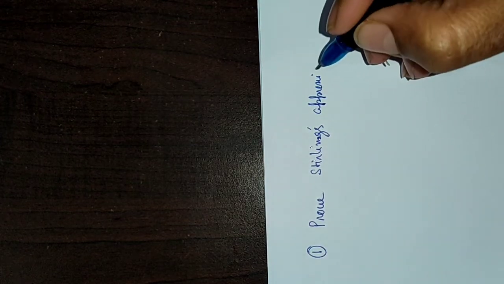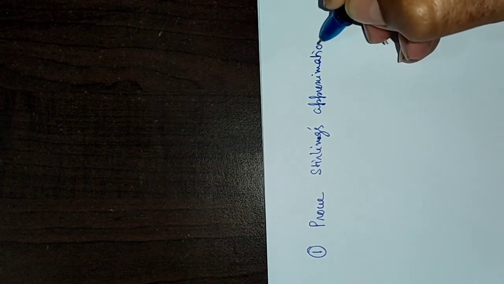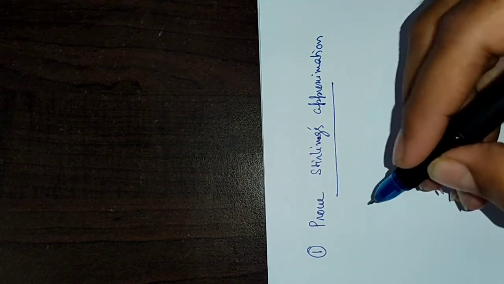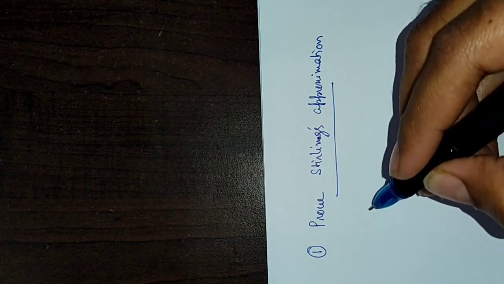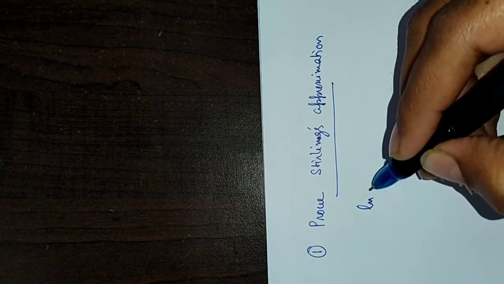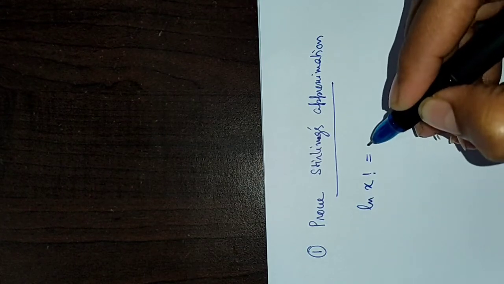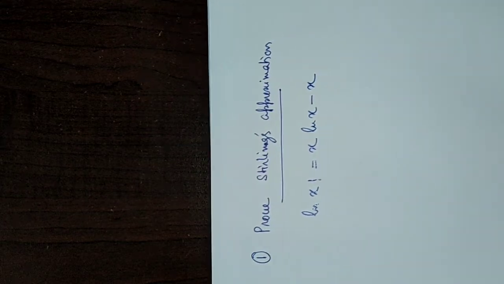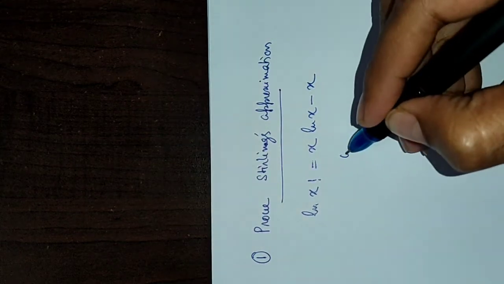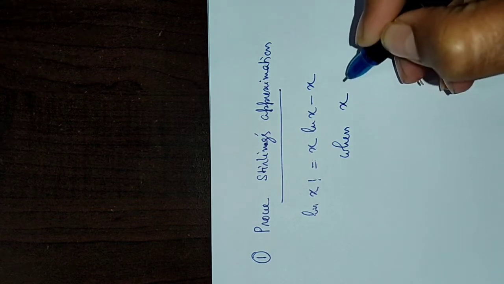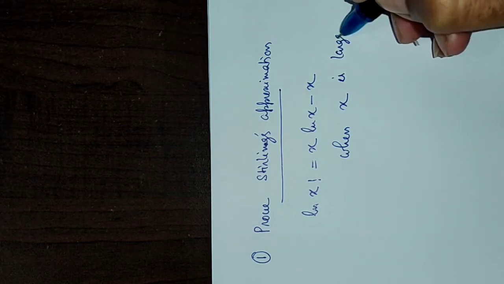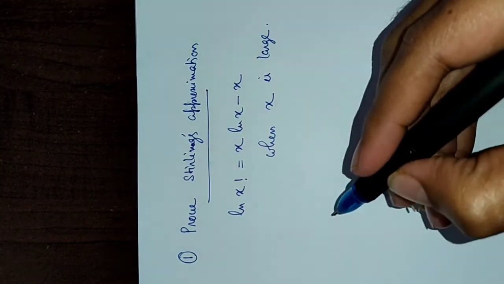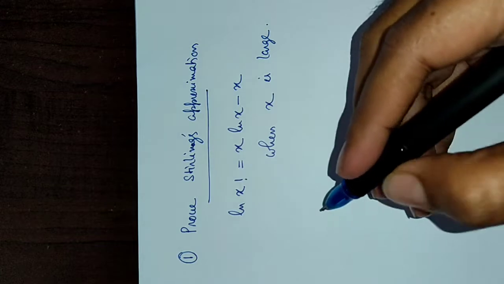We have used this approximation in the previous lecture to derive Boltzmann distribution law, and the mathematical statement of Stirling's approximation was ln x factorial equals x ln x minus x when x is large. Now, we start from the left hand side,